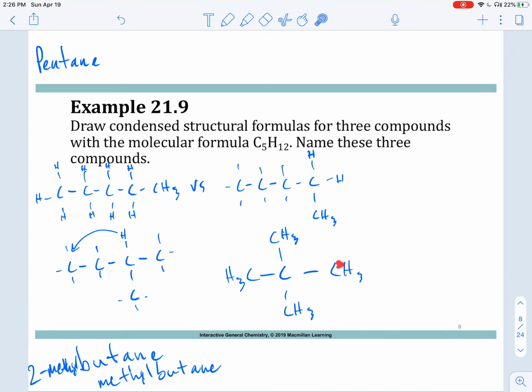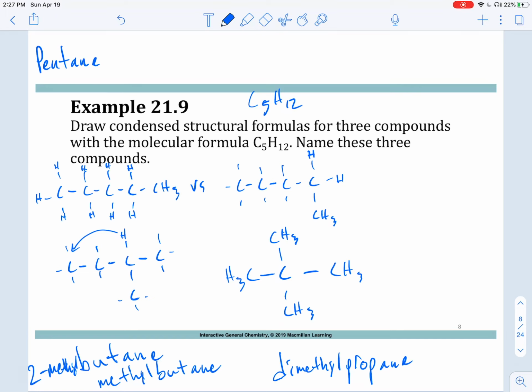Well, the longest chain is just now 3. So this is a propyl, or propane rather. And again, do we really need to count 1, 2? It's the same as counting 1, 2. So you don't even have to say 2 here. But at this 2 position, we have 2 methyl groups. So it's a dimethyl propane. You could say 2,2-dimethylpropane, but you can simplify it and just call it dimethylpropane. All have C5H12,